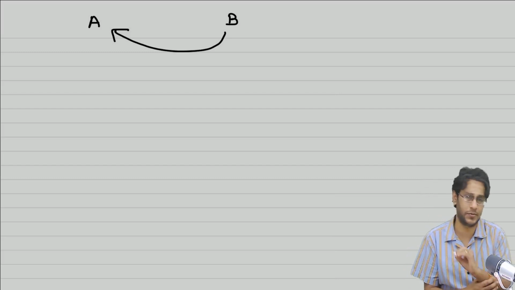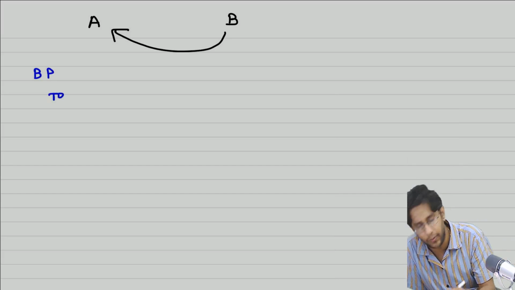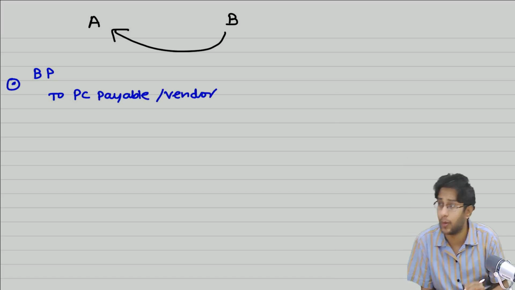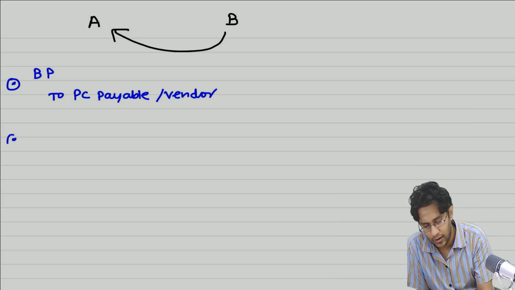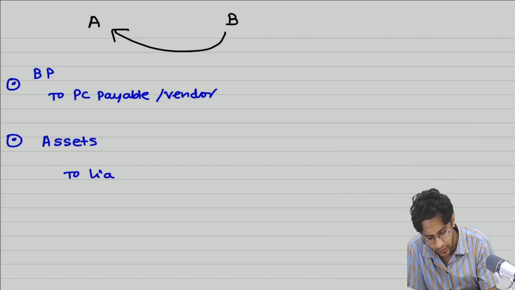So when A absorbs B Limited, in the books of A, what are the entries we used to write? We used to write business purchase account debit to liquidator or something like that. Here I'm simply calling it PC payable, or the vendor, or if entity B is liquidating, whatever. This entry is passed with the amount of purchase consideration. After that, the next entry, everybody remembers, we incorporate the assets and liabilities, and you cancel the business purchase.